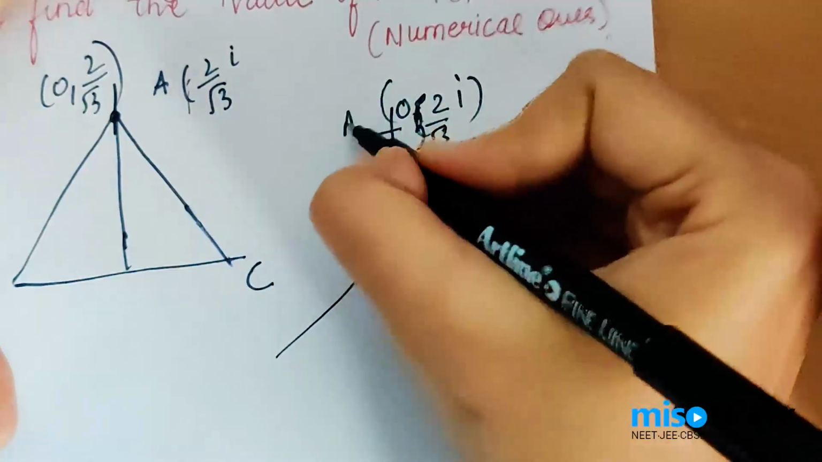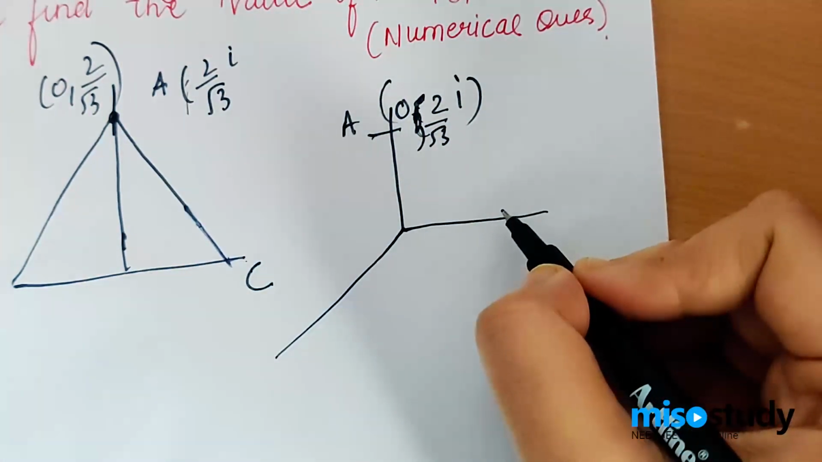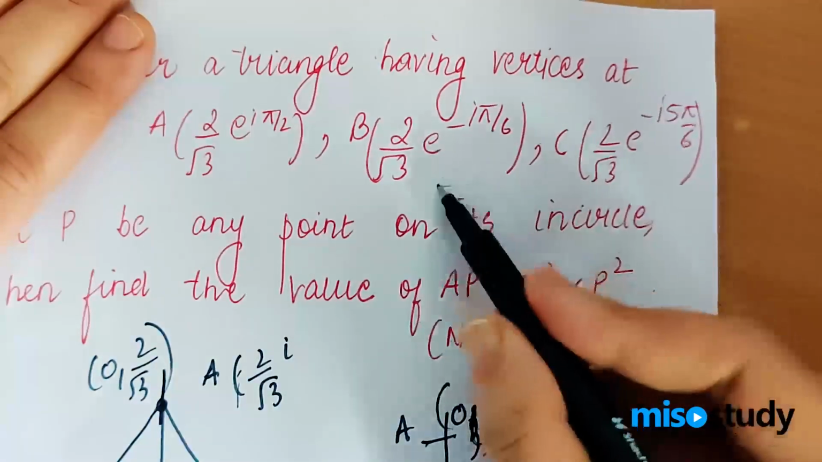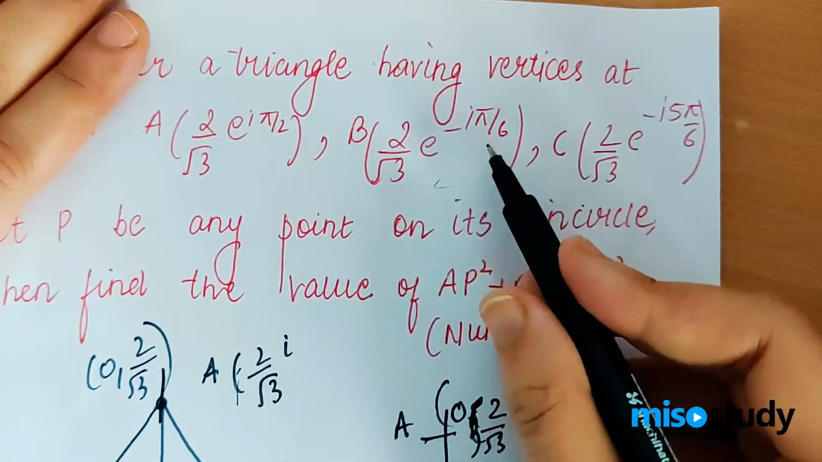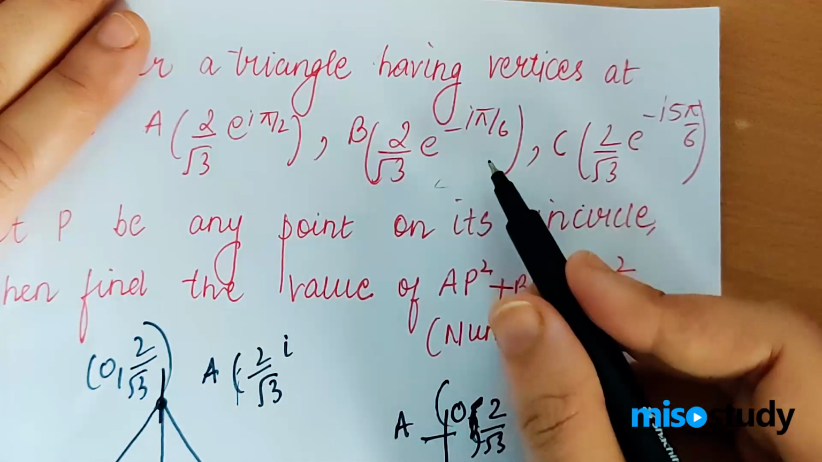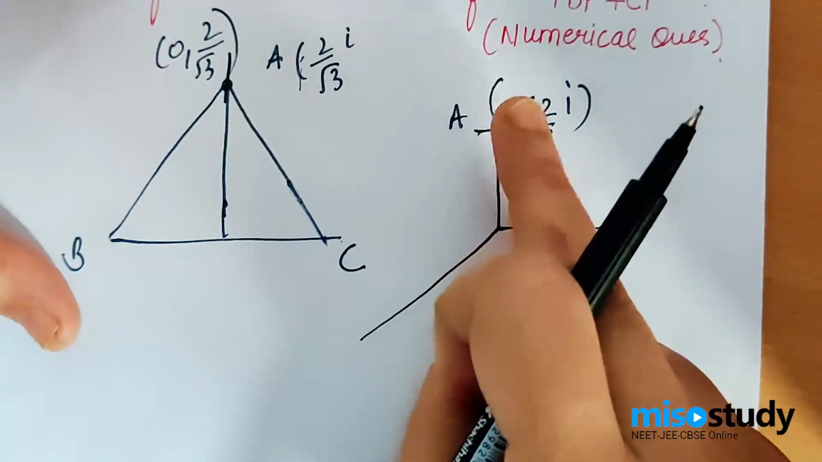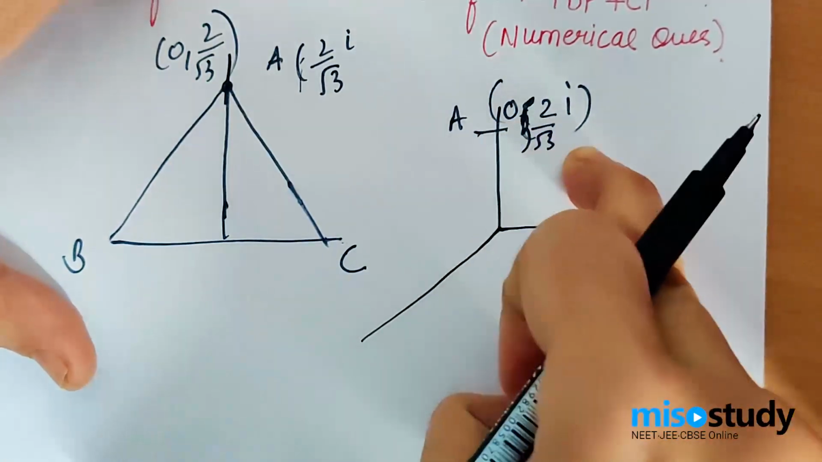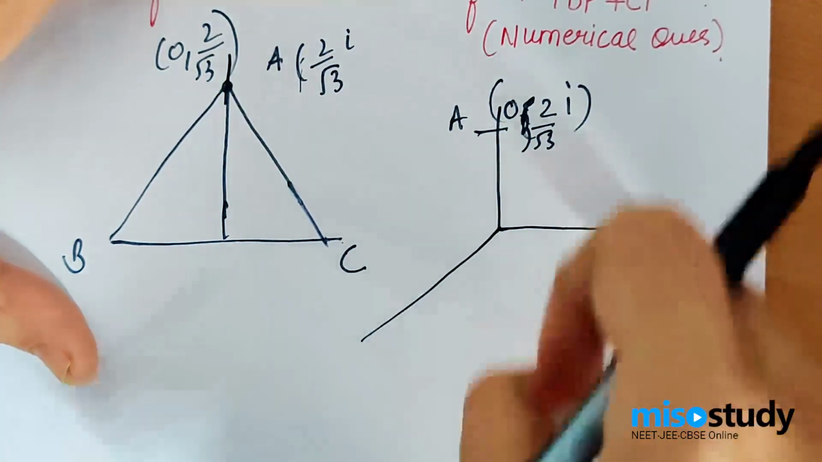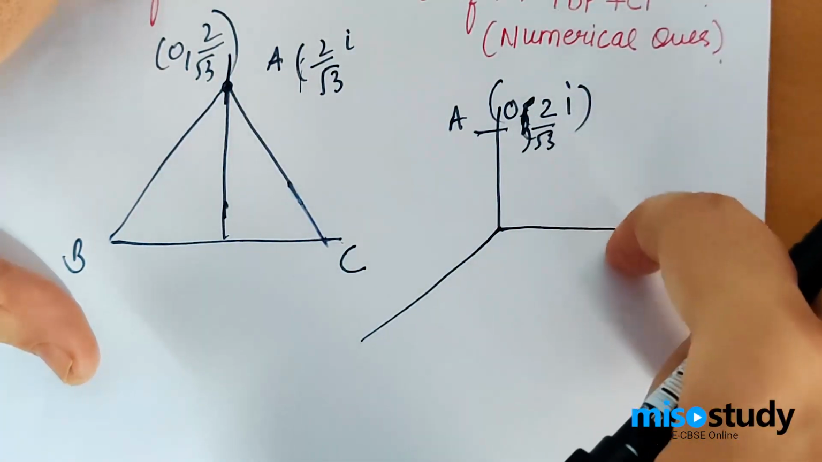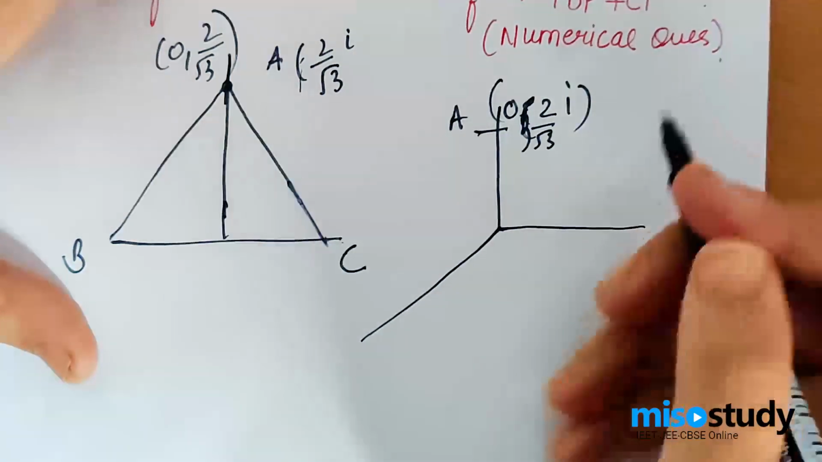This is your a. Then your b is 2 root 3 e raised to the power minus iota pi by 6. Now e raised to the power minus iota pi by 6, that means minus, it has moved from a in the clockwise direction. By what angle? From pi by 2 here, and e raised to minus iota pi by 6 will be somewhere over here,